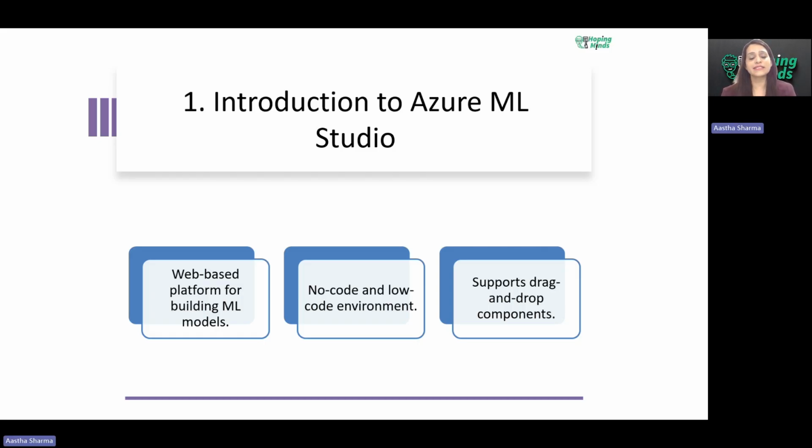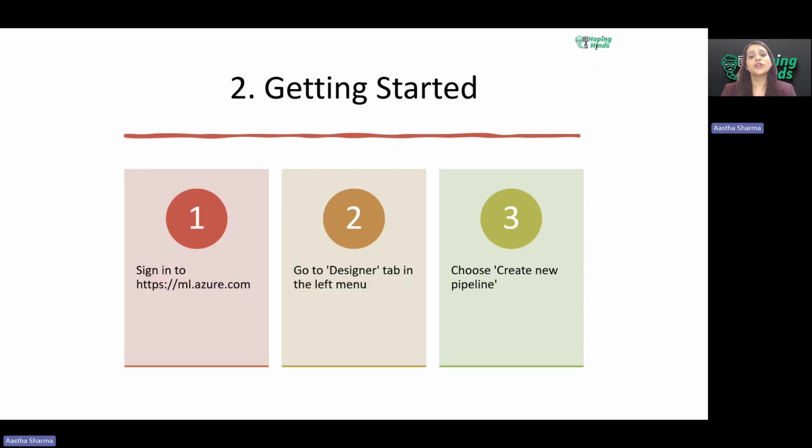Moving ahead, let's quickly see how you are going to get started with it. To begin, it requires you to access Machine Learning Studio online. So first of all, you are going to sign in. You are going to go to https://ml.azure.com. You are going to log in with your Microsoft ID. If you don't have a Microsoft account, kindly create one.